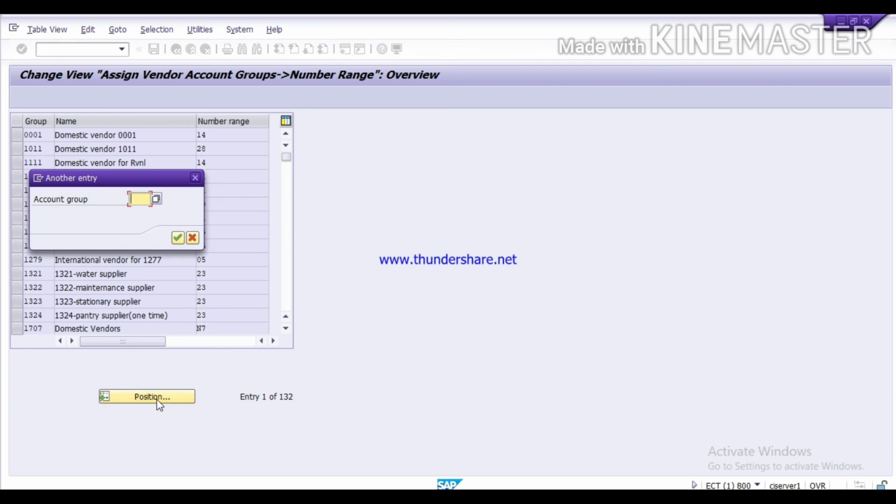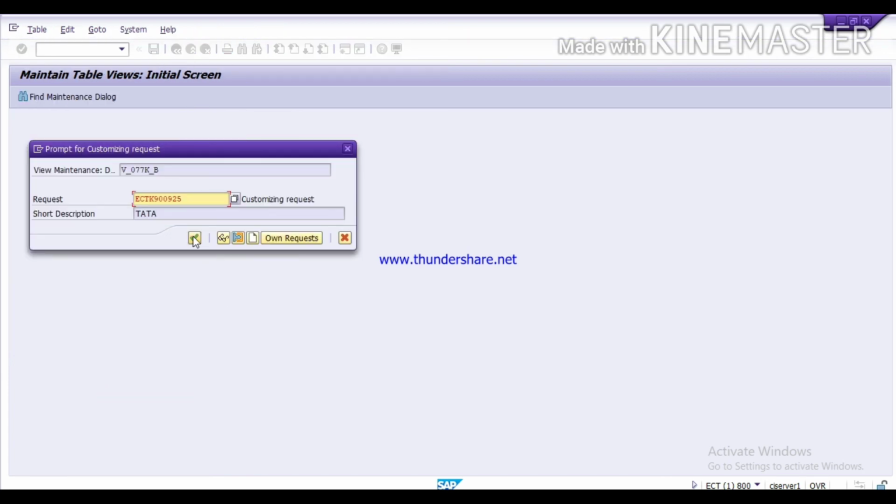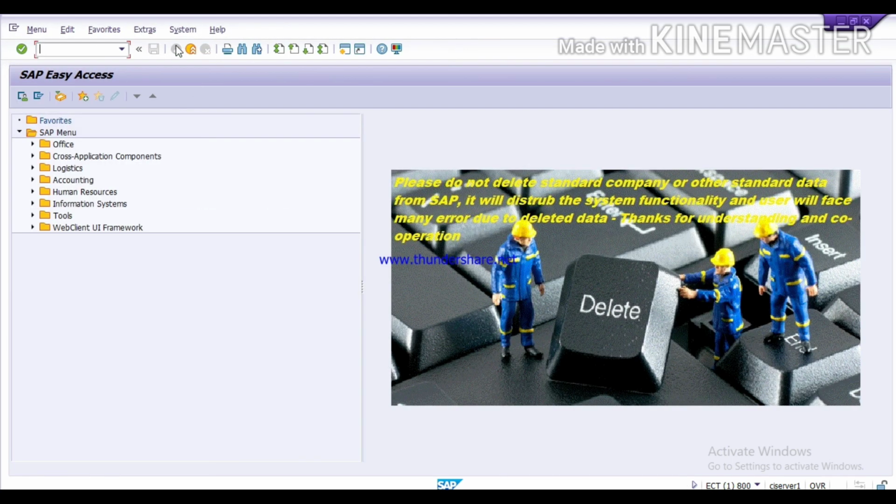Now give account group which we have created now, TARV. Here we will assign the number range which we have created now, T2. Then click on save. Continue. Data was saved. Now we will get back.